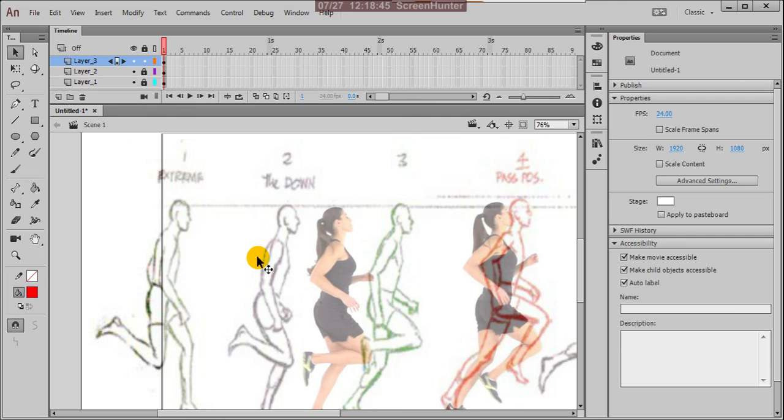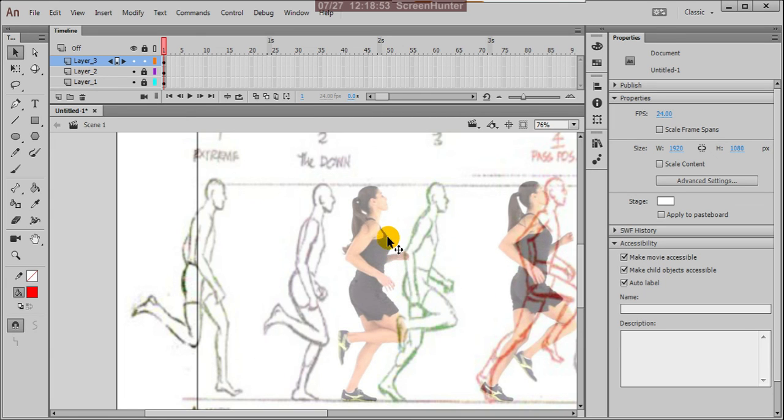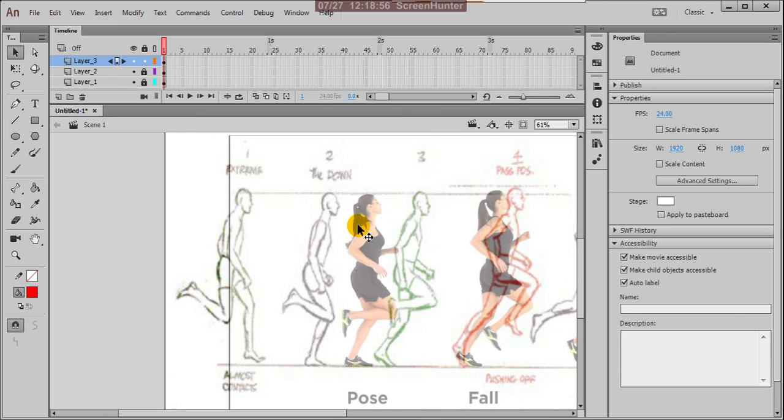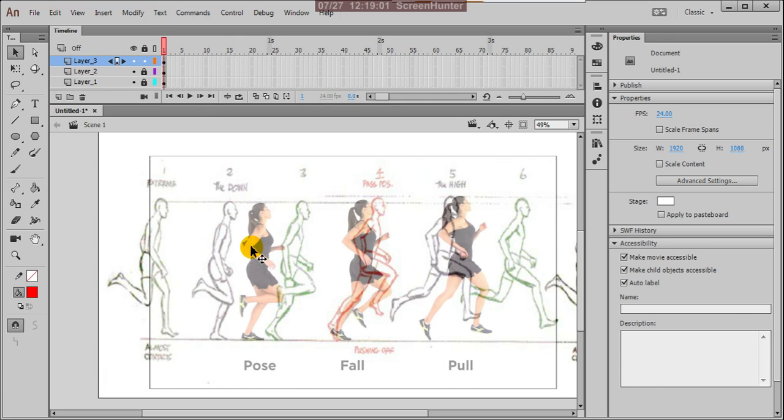So I'll explain this run. We are using this, so we'll trace the character. Mostly this pose we use, and we can prepare this model, or this pose, the same as other poses. In the next class, I'll trace this and arrange it.